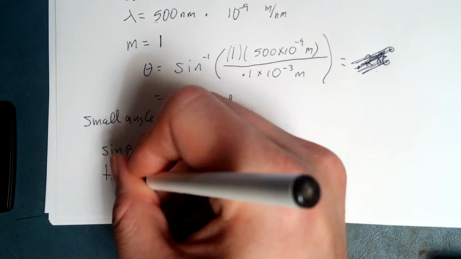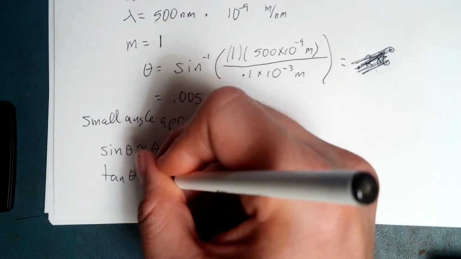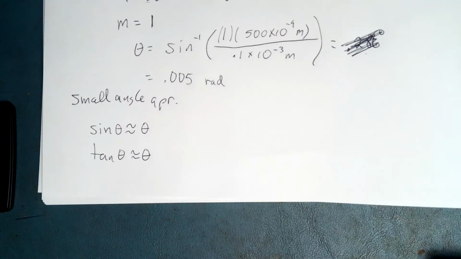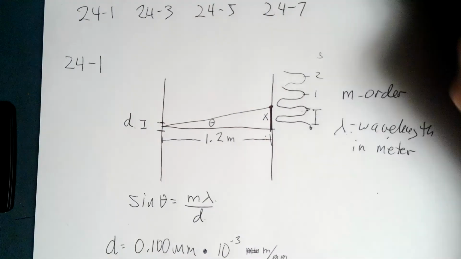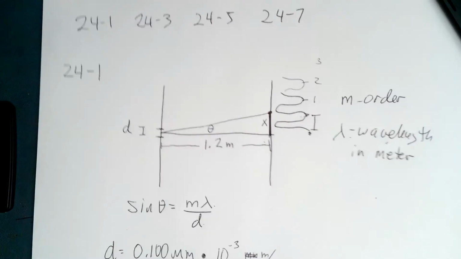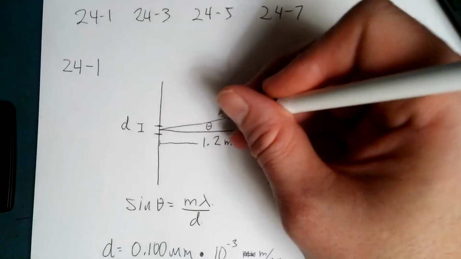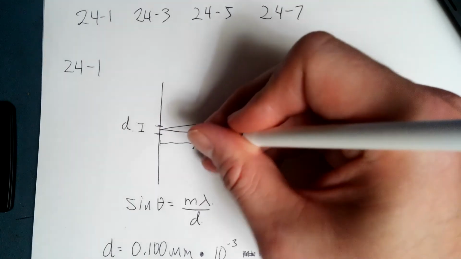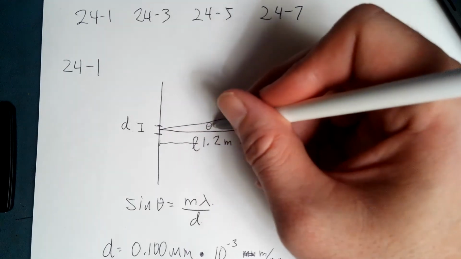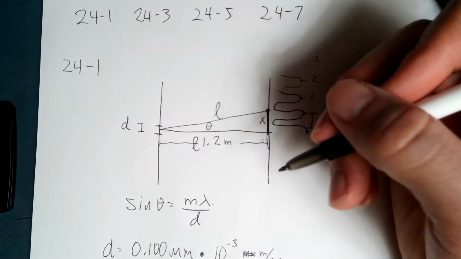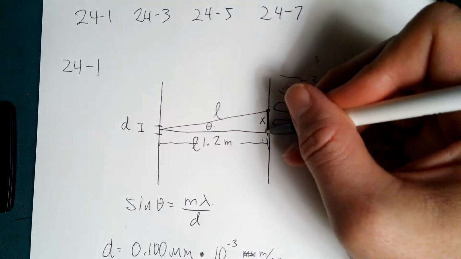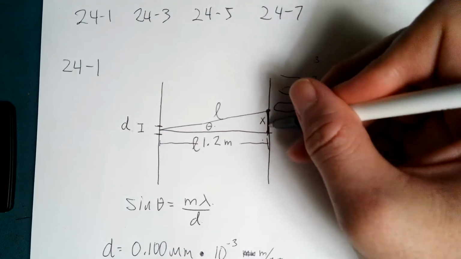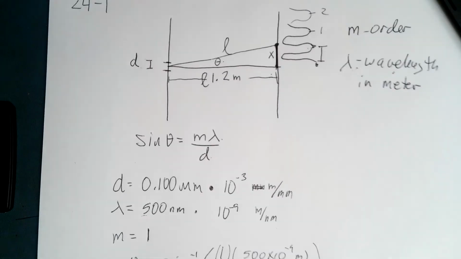You can also say tangent of theta is approximately theta. Now what that means, I'm getting into too much detail here, but what that means is that if we call this L, this 1.2, then when theta gets very small, that's basically L/2. And then X we can approximate, even though X is a curve, we can approximate that as a straight line. So we can say that,